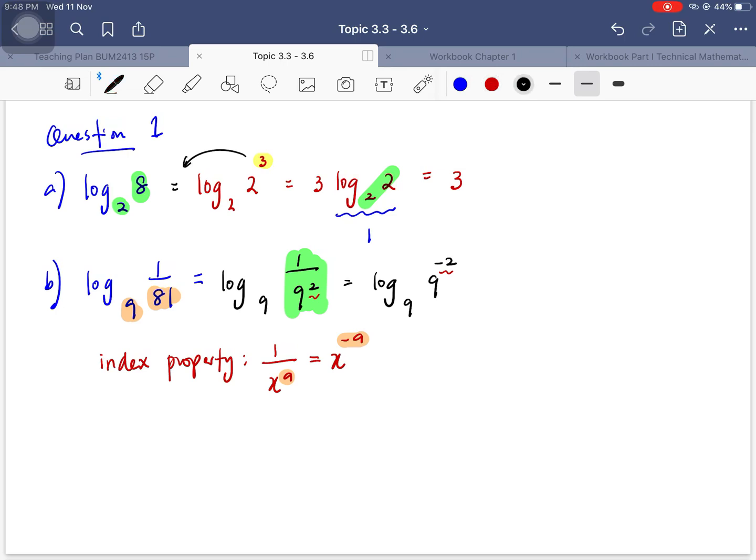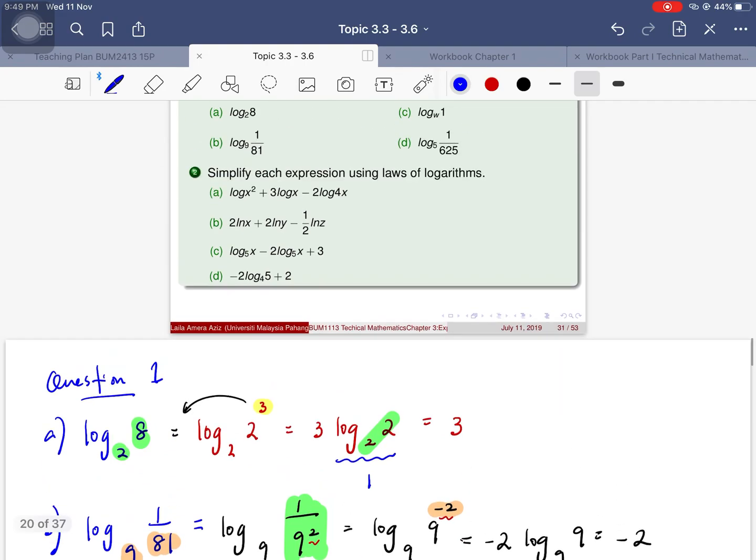So here I'm going to simplify this further. I'm going to write that this is going to equal -2 log base 9 of 9, because remember, this is the power and you can bring that to the front. So when I simplify, this whole thing right here is going to be 1. Therefore, I will end up with -2. So basically, log base 9 of 1/81 is going to equal -2. So that is the second example. And the third one, what do I